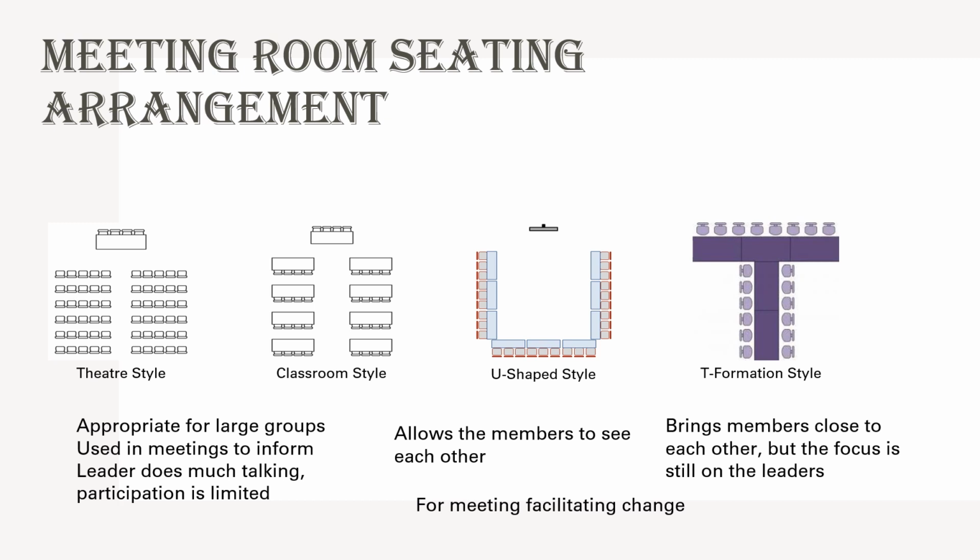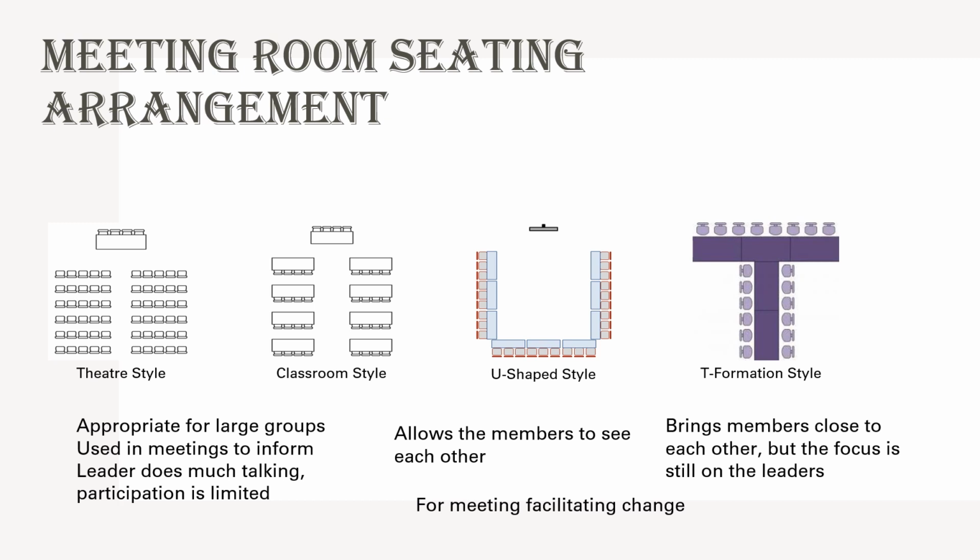So likewise a classroom style, wherein the leaders are placed at the center on one side, and the other side would be the desk and chair arrangement. Again the people are sitting one behind the other, but then they do have something to rest their hand on, or maybe to write. So this is a classroom style, which is a style that a normal classroom follows. In the way you are sitting in a classroom, this is the same kind of style.